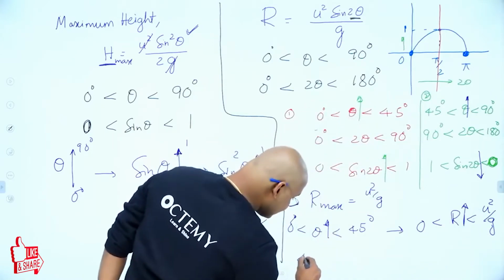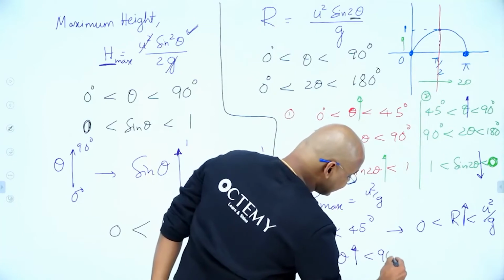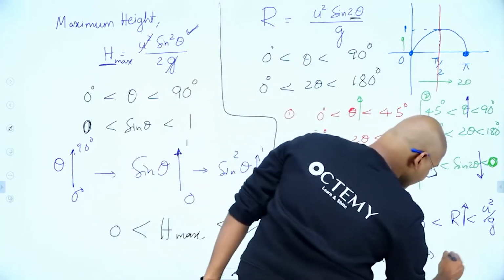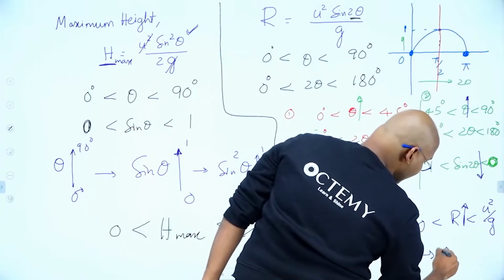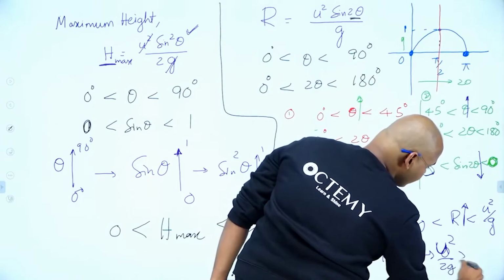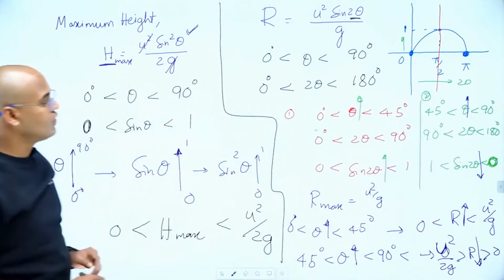And when theta is increasing from 45 degrees to 90 degrees, 2 theta will increase from 90 to 180. So my range will be in the opposite direction. It will decrease from U square by G to 0. That means